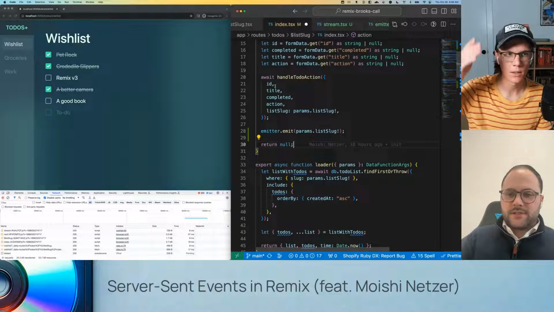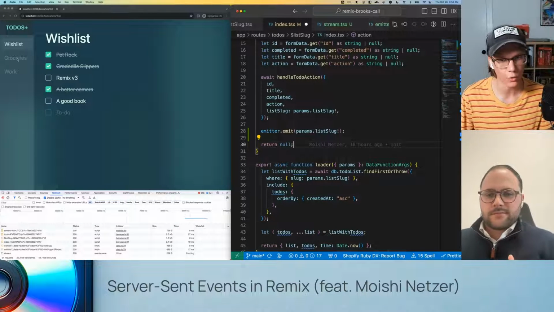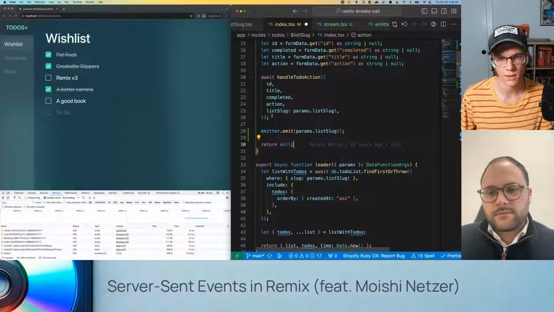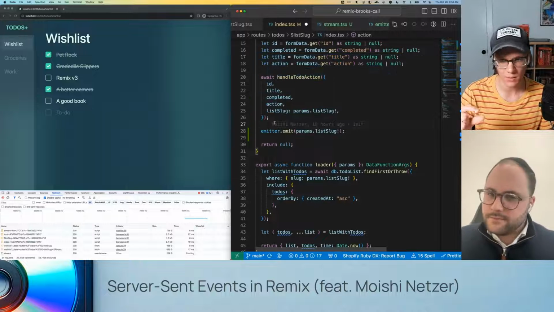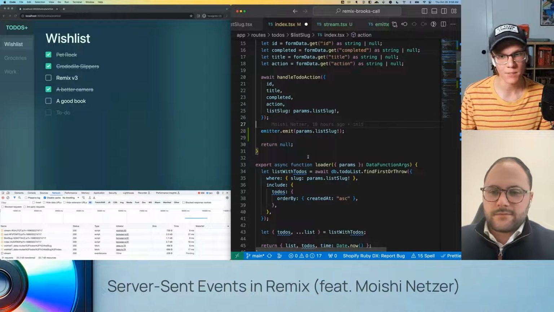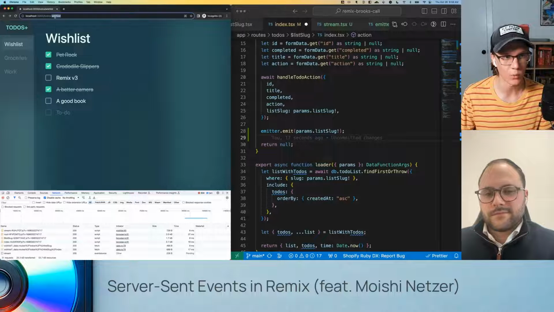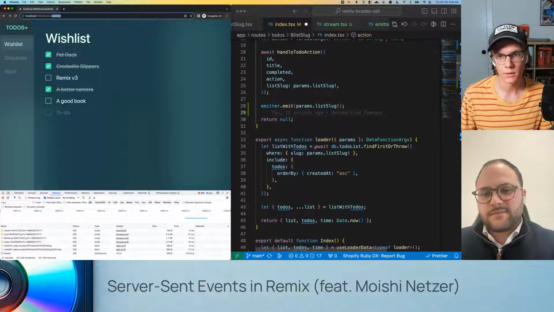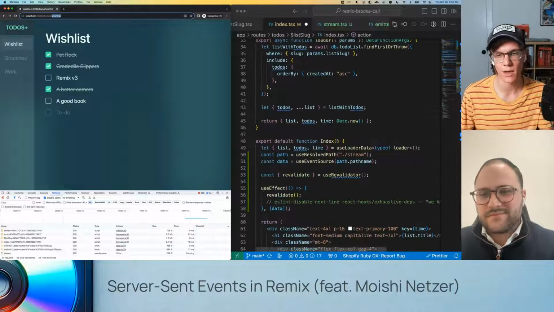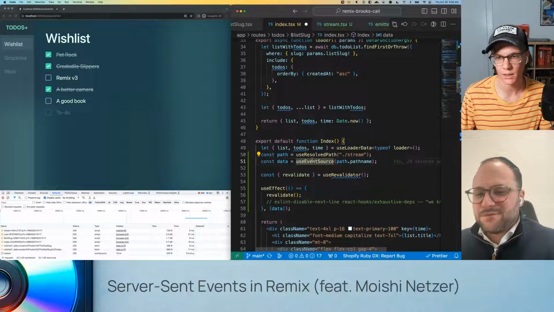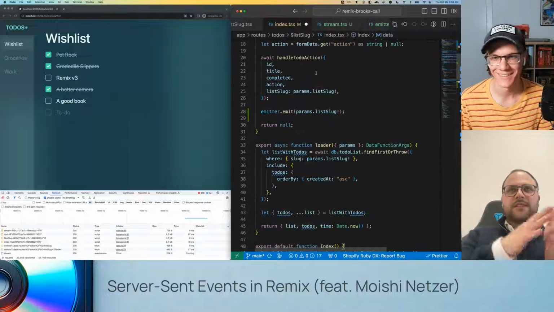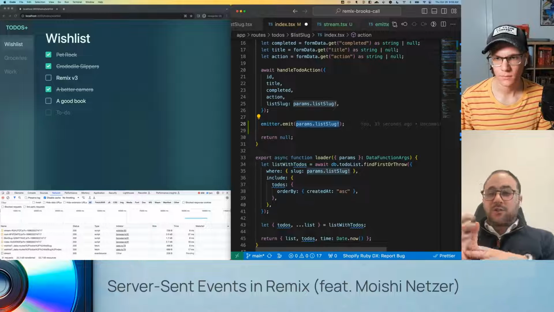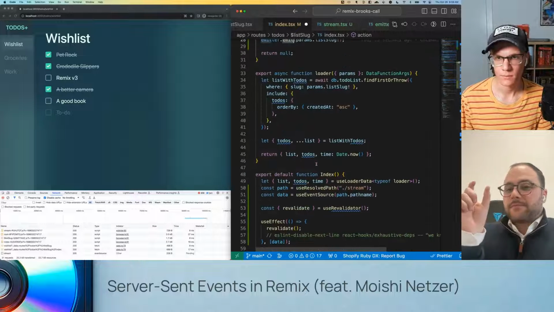So I'm just making sure I understand the mental model. When I'm on wish list or on grocery, and I click an action, that goes to the action. It does all the normal stuff we had. Then we get to the emitter, and it says emit specifically to this list slug, which is going to be wish list. So anything else listening to the same path slash stream, and in that slash stream, because we're in the same route, we can actually access the params as well, right?